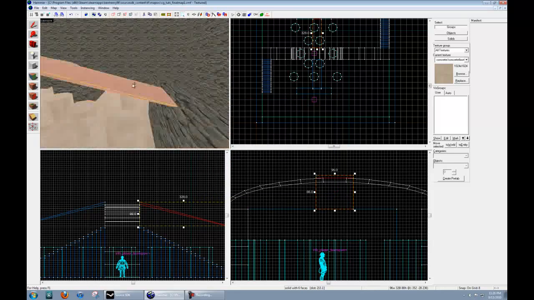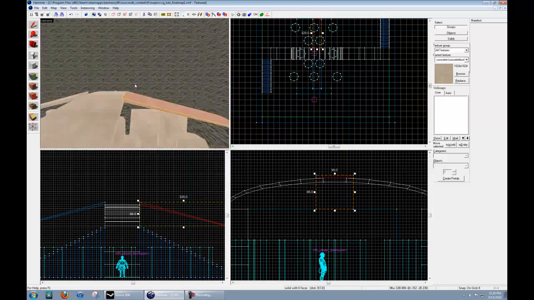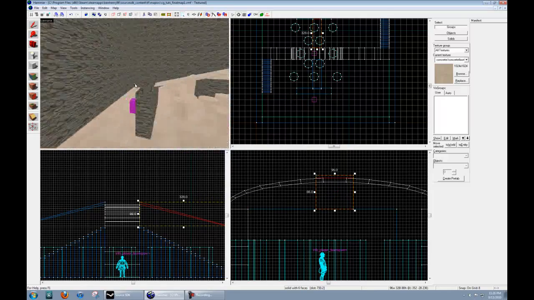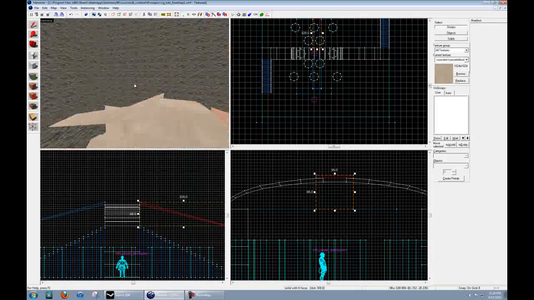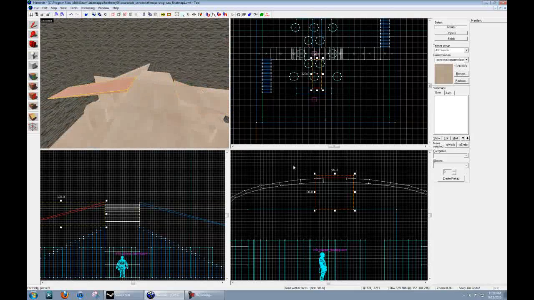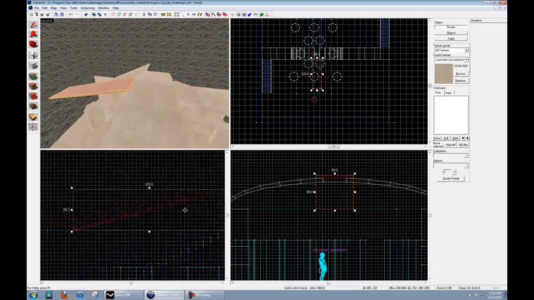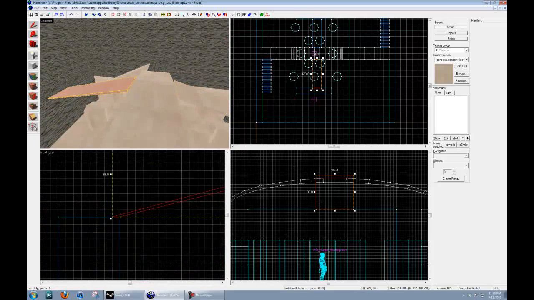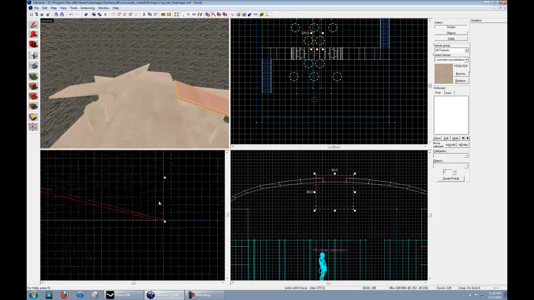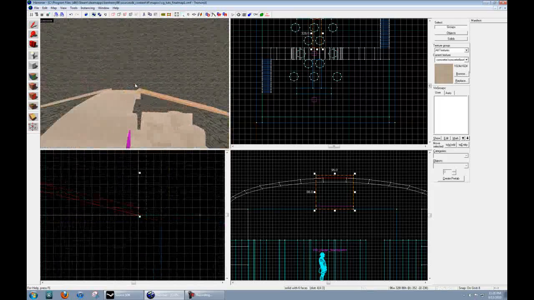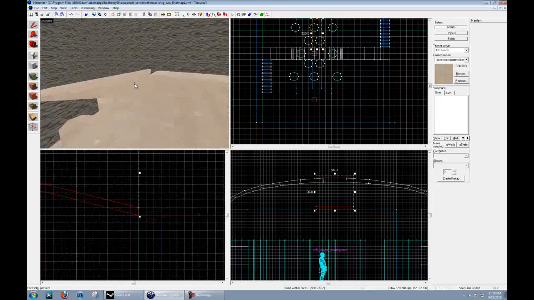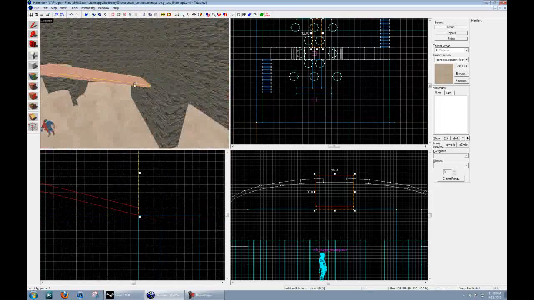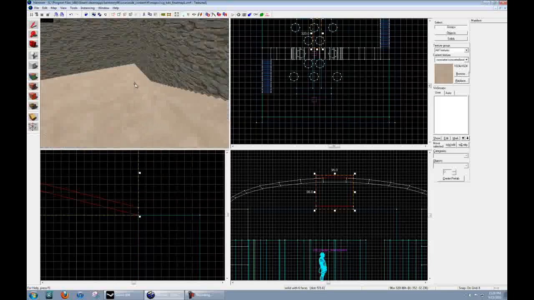Alright. So, now we've got some cool ramps that you could just jump off and, you know, spawn kill the other person. And let's actually make this thick again, just how we had it. That way it doesn't look so weird. Alright. So, why don't I just go in close here and make sure they're not touching. Alright, and